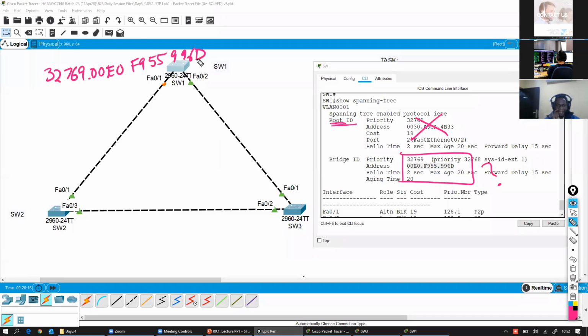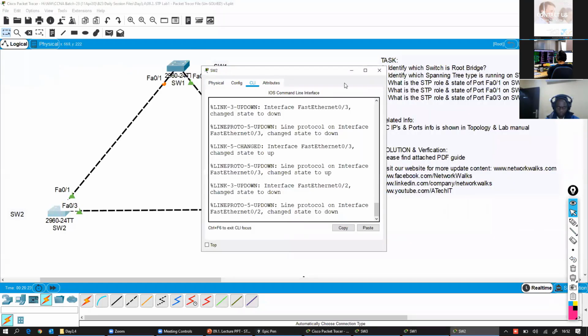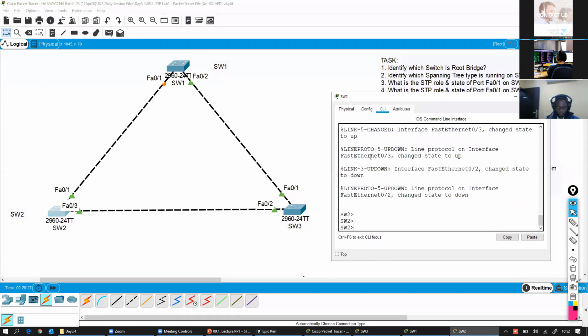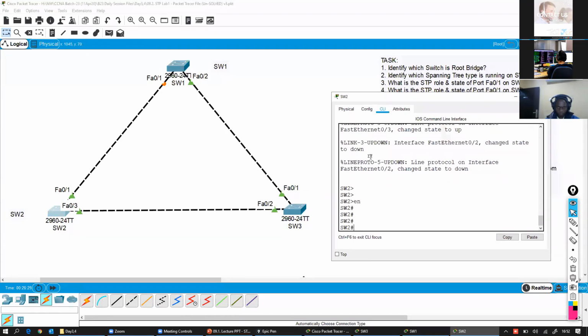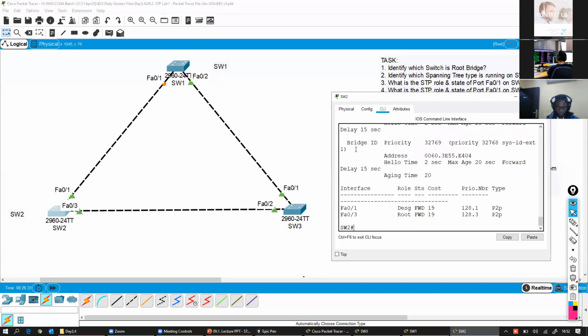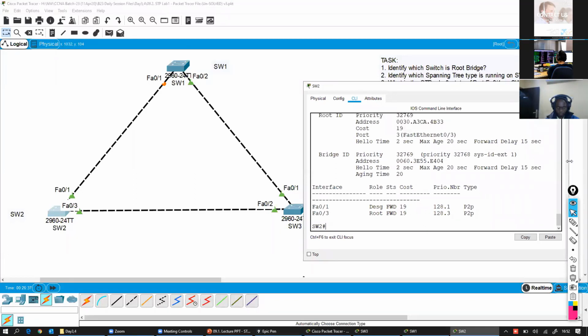Let's find for switch number 2 now. Let's go to switch number 2 and then we find from here. Show spanning tree. There is only one command. And then for this command, let's make it a little bit big to show it properly.